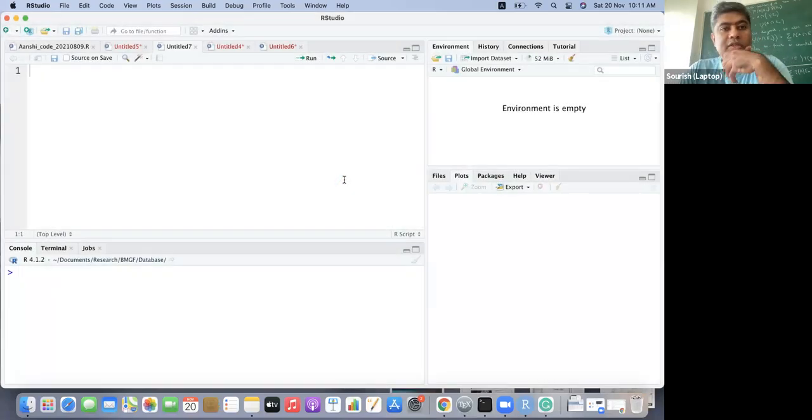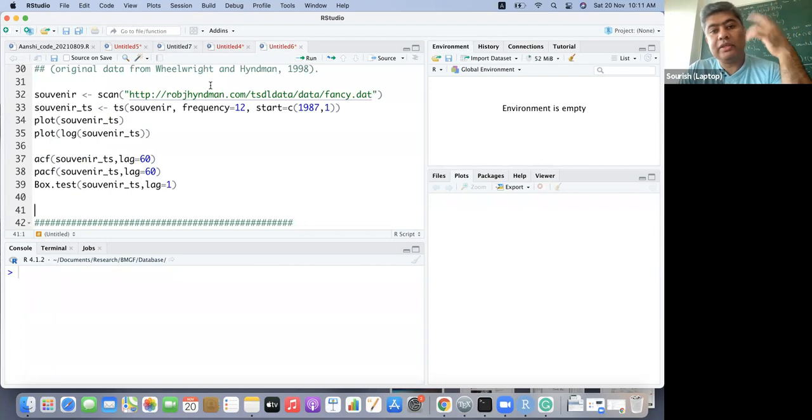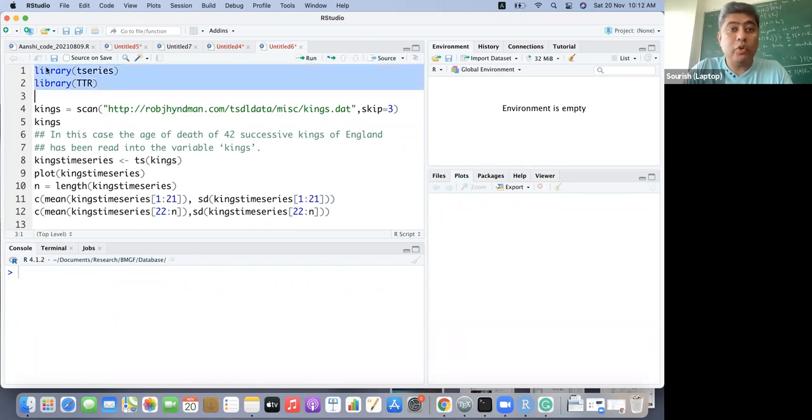So typically when we do time series analysis, it's basically timestamp data. We'll start with some of the more popular time series data from the textbook, and then we will go to more complicated and more recent time series, with a longer chain and all those things.